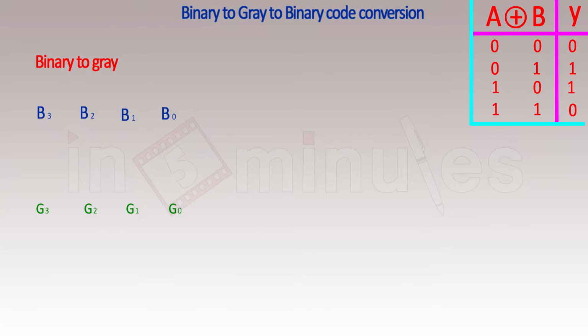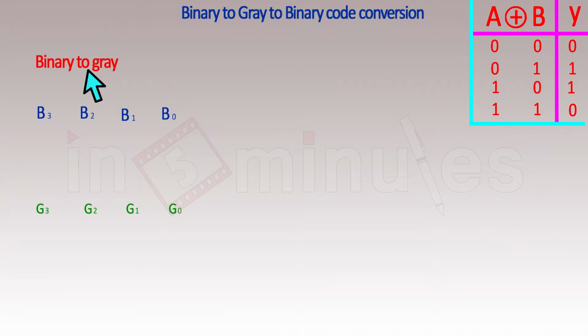There is an XOR logic which is very important in this case. Here is A XOR with B and the output Y will be stated here. There will be a combination of 2 bits A and B. So there are 4 combinations and accordingly the output is shown here. You can define the XOR operation as: if either of the bits is present, then only the output is present. If both the bits are the same, then the output is 0.